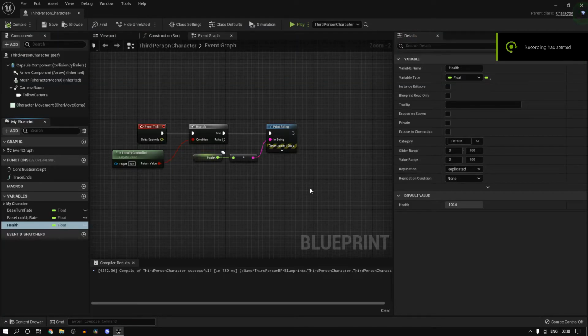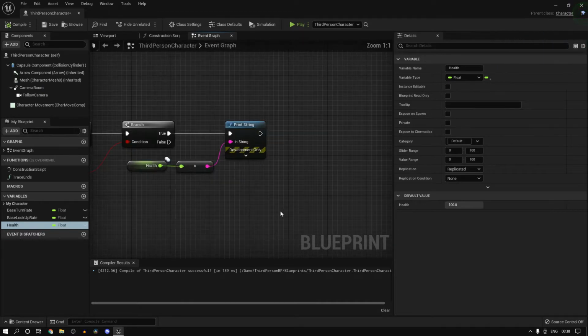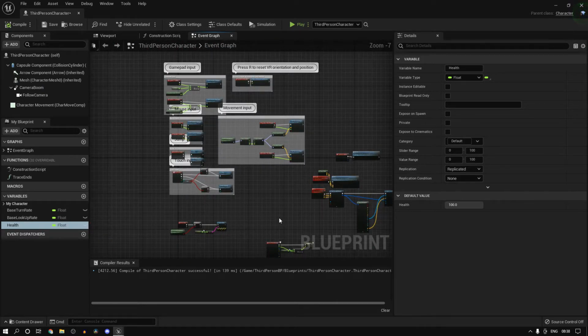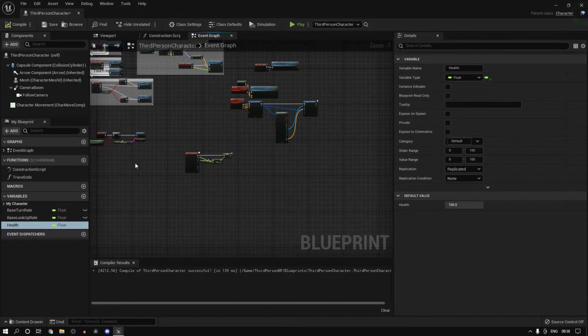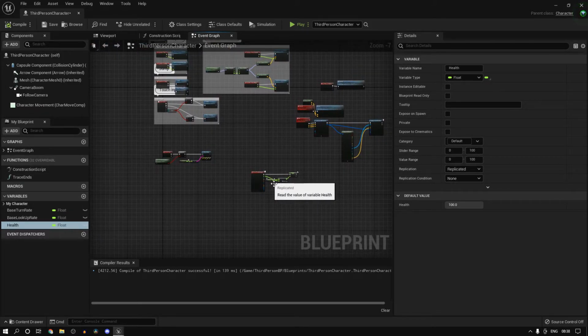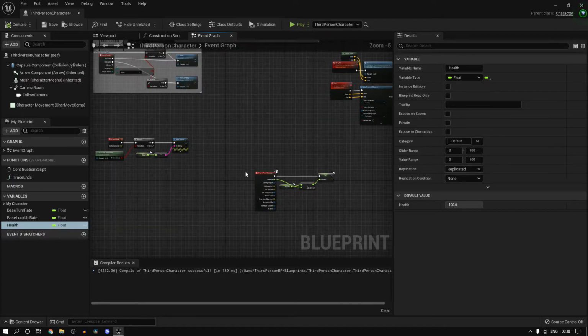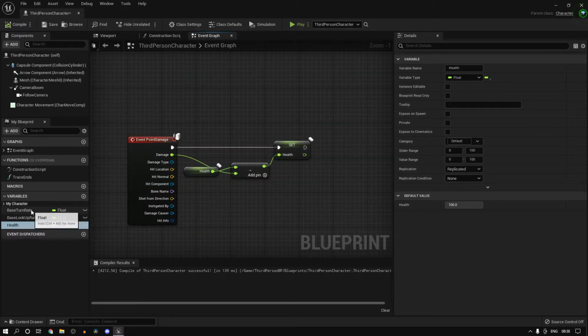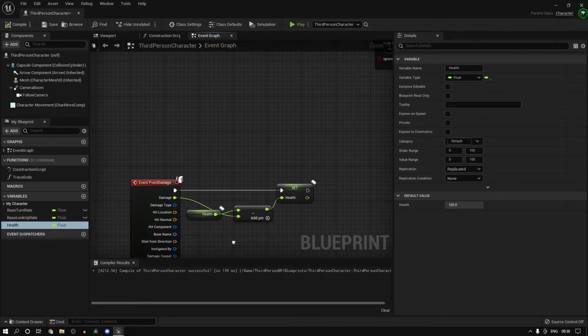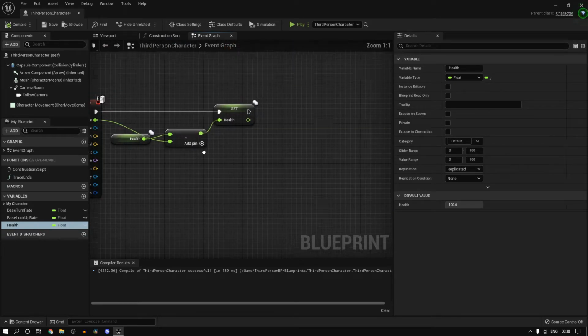Alright guys, so let's talk about rep notify. So generally rep notify is used for things which require something to be executed on all the clients, and you want that to be replicated in such a way that, let's say, a player disconnects and reconnects, that function should fire again so that things are still in sync. So let me just show you what I mean.